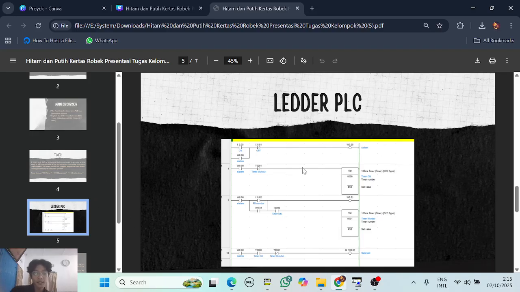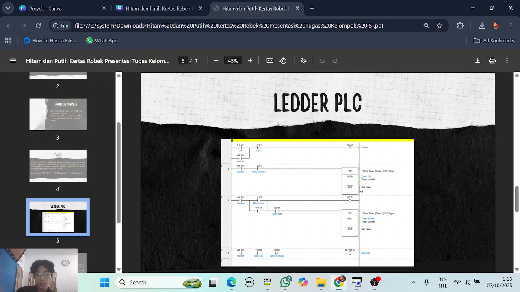In this slide we can see the ladder PLC that uses a timer on and a timer back. There is a timer on and a countdown timer.